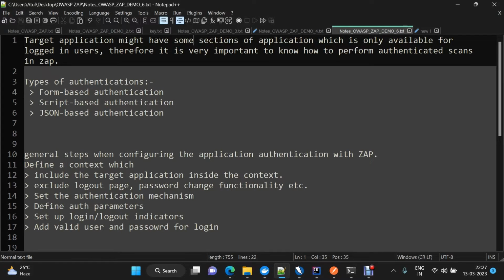Everyone, this is the sixth video of the automated security testing using ZAP series. Today we are going to learn about authentication in ZAP. We know that most applications work with an authenticated user. There are some sections within the application which a non-authenticated user cannot access. So to scan such sections, it is important to know how we can log in, or how we can authenticate